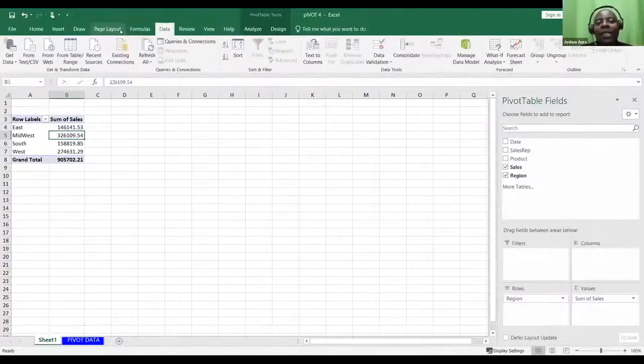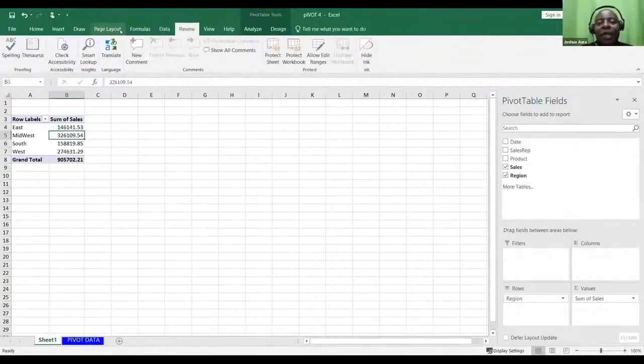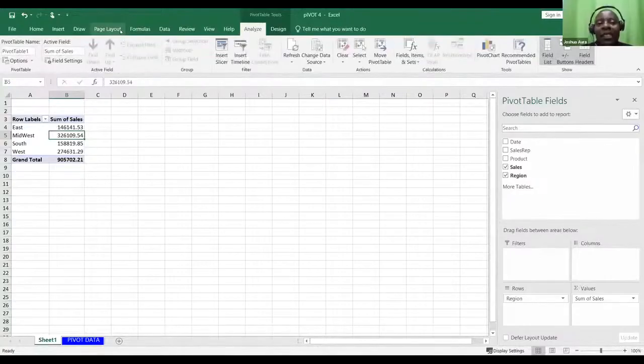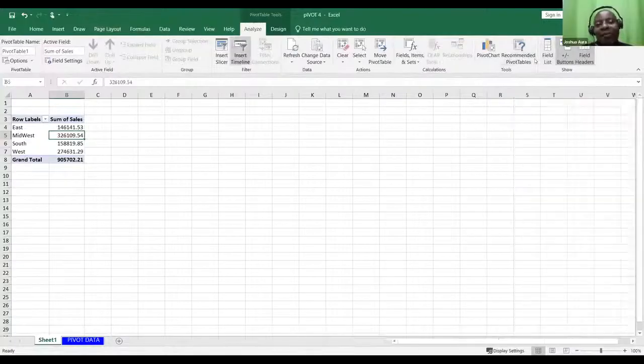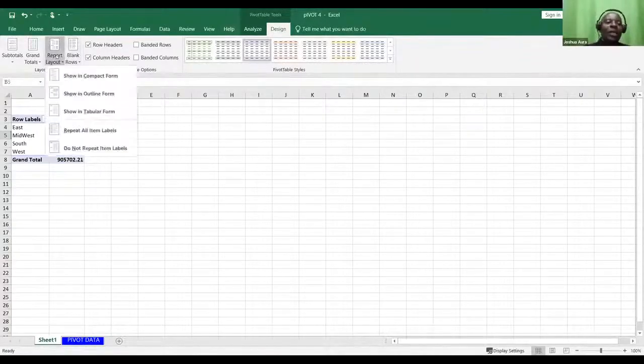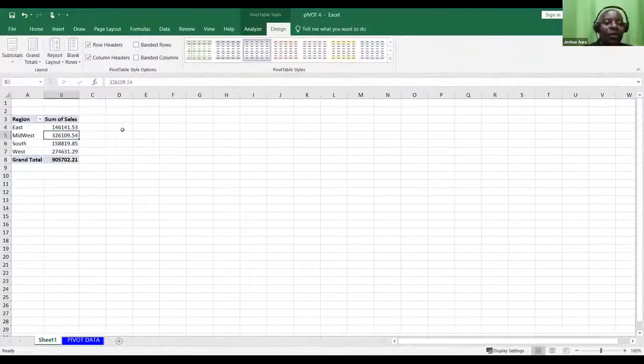You'll be able to see analyze and design. Design is the last one, after analyze. Yes, that one. So once you have now highlighted the design, you'll be able to see report layout on this other row. Report layout. Yes. Click on it. Show in tabular form. Click that one. Great. Thank you so much. That is it.